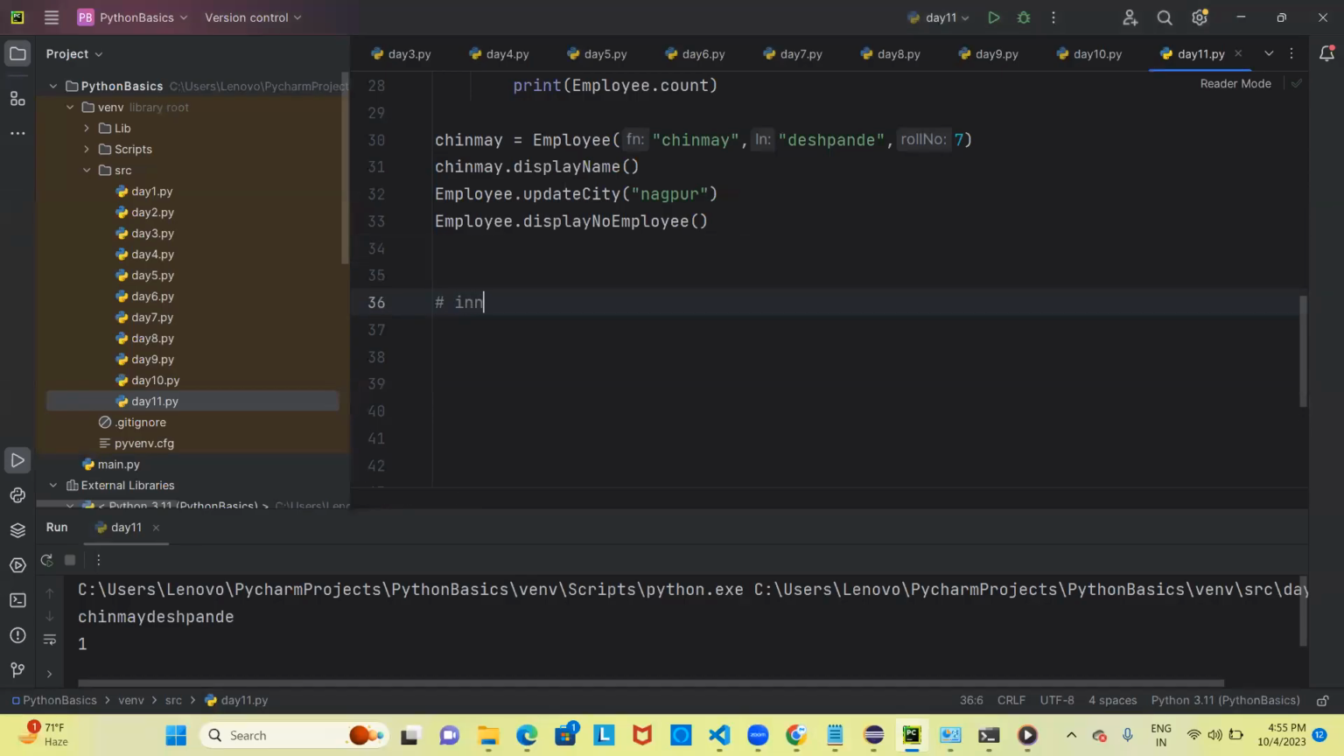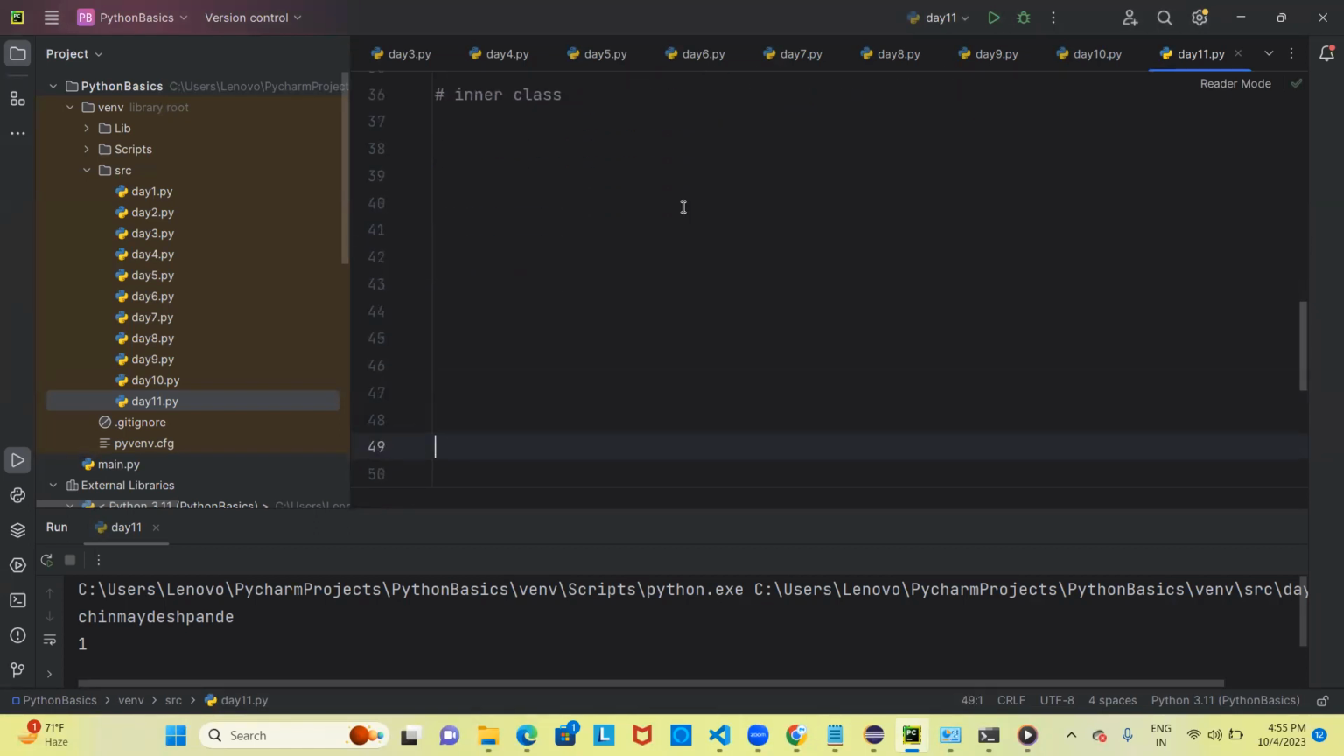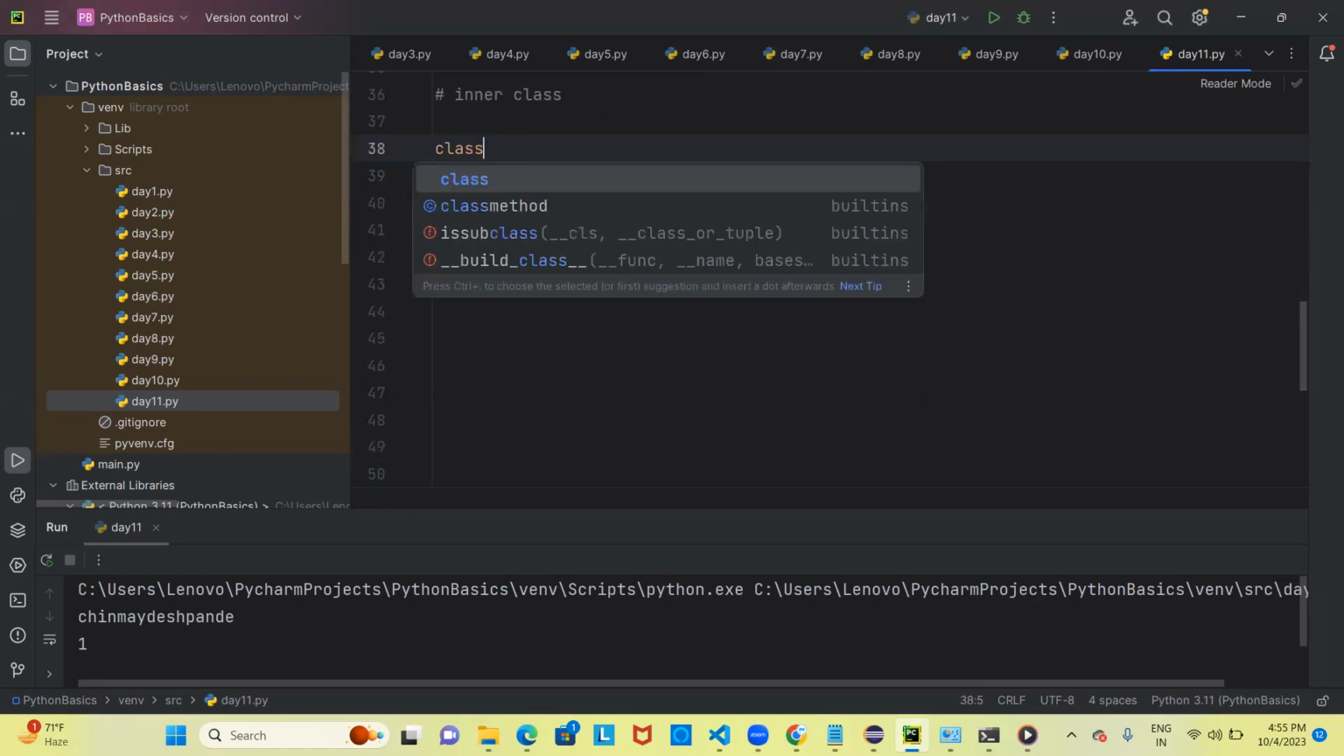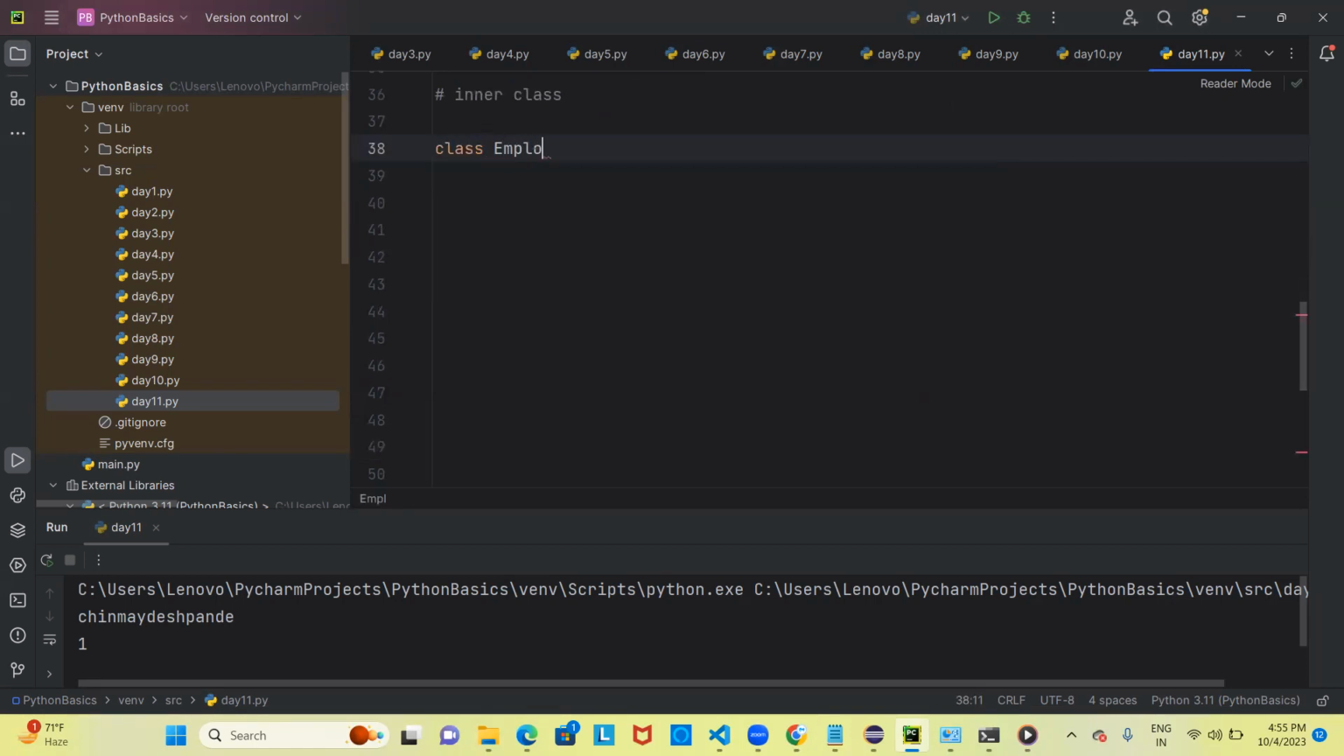So what is inner class? So inner class is a class inside a class. Okay. Let's say I am coming here. Say I have Employee2 as a class name. So this Employee2 class